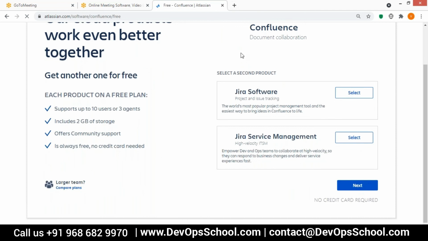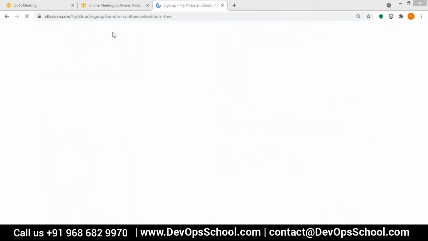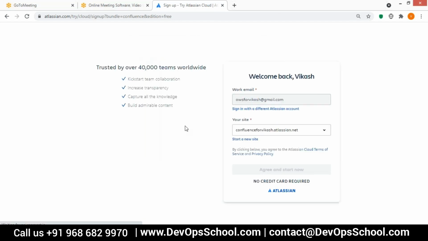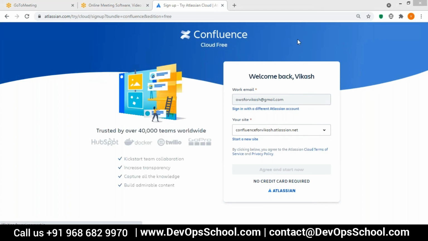You can click on next. Here you have to mention your email ID. I am using my existing email ID, and then you have to mention the site.